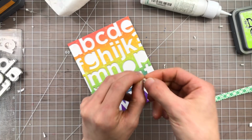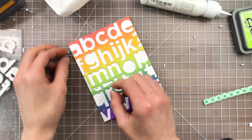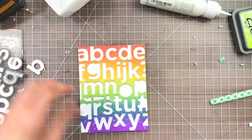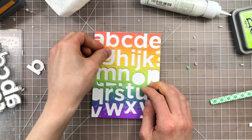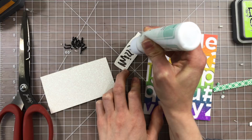Here's where I'm bringing those back in and fitting them back into place on my background using some foam tape. I don't mind if these negative pieces are either a little taller or a little shorter than the background layers that I've got going here. I just want some dimension on these, and it looks pretty close. I'm going to adhere all of those different pieces back into place,